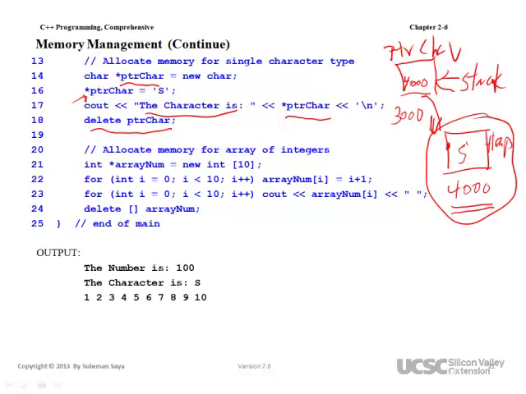So every time a new user comes in, gets a new memory, and when the user exits, the memory doesn't get deallocated or released. So then eventually what will happen,